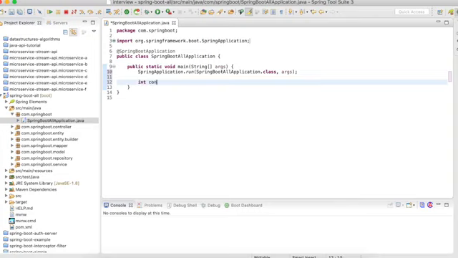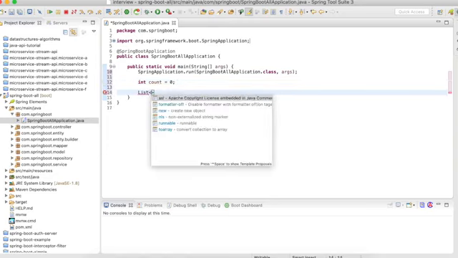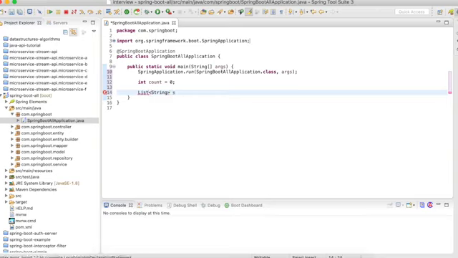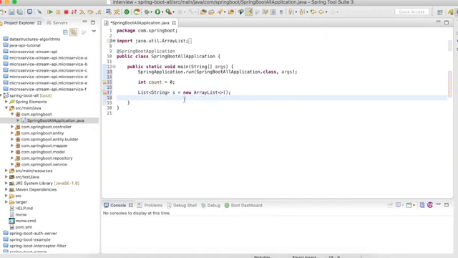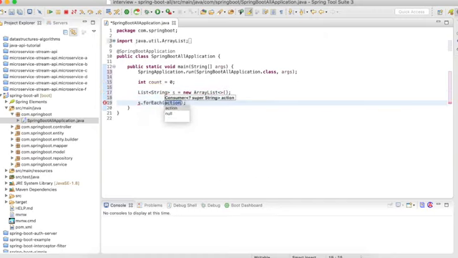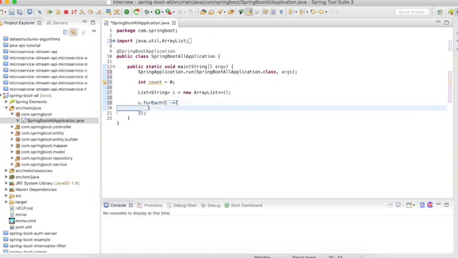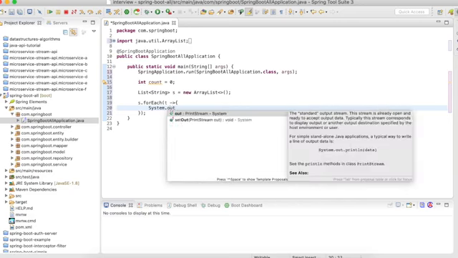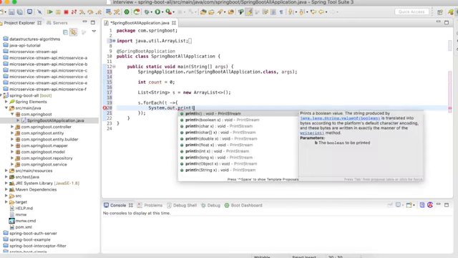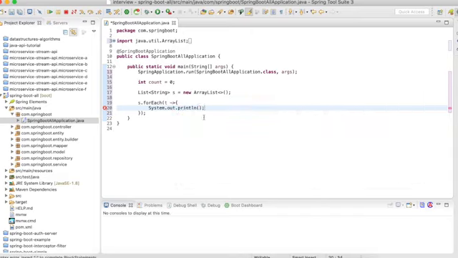Let's say I have an int count equal to 0. And let's say I have something called a list of String s is equal to new ArrayList. So let's say I want to do a forEach, and inside the forEach I want to print something. In this case, you can just do forEach, and it's definitely going to print whatever is